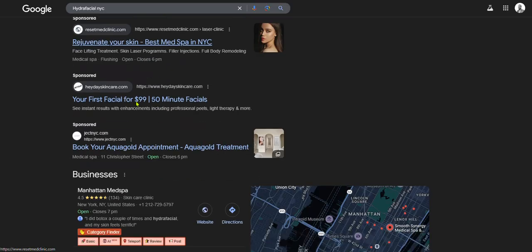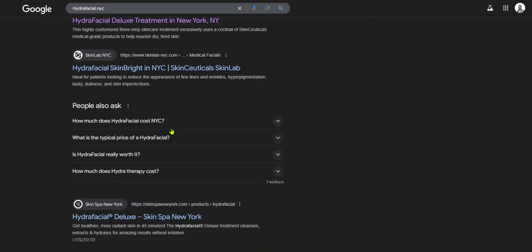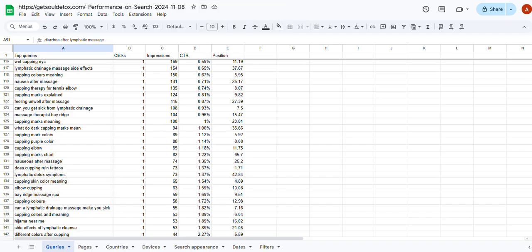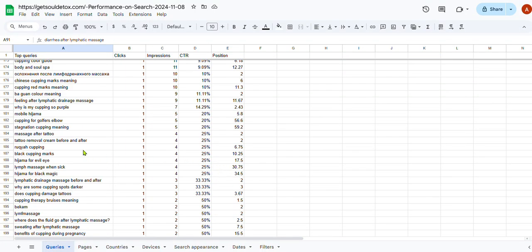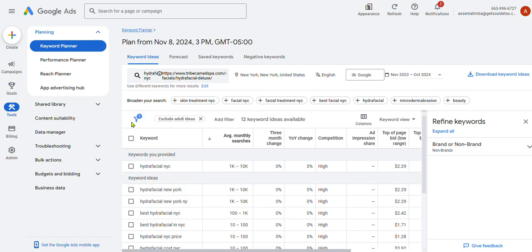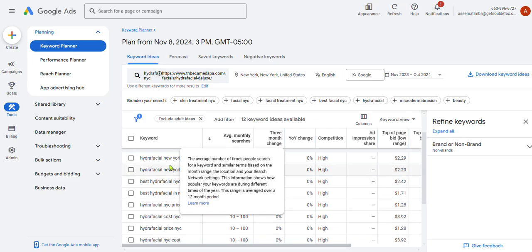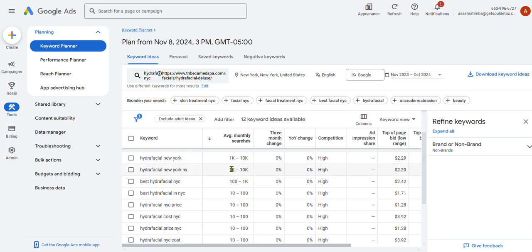No, let's carry on with the hydrofacial here. You can see there are these commonly Googled questions about different subjects. So something like how much does a hydrofacial cost in New York City? That could be something you discover within here that people are searching for. You're showing up on the 5th or 6th page, so it probably indicates that you need to create content targeted towards that keyword, and you can get that and paste it into the keyword planner to see how much traffic it gets. So if it's worth pursuing,